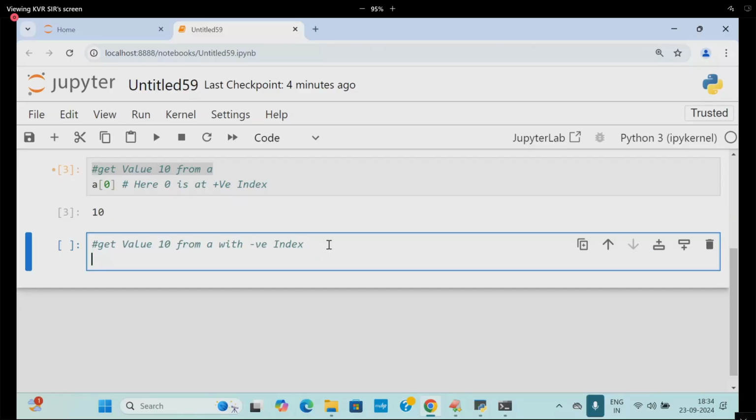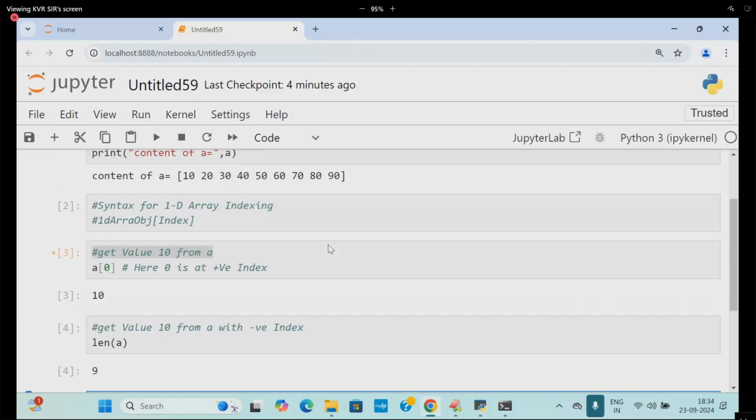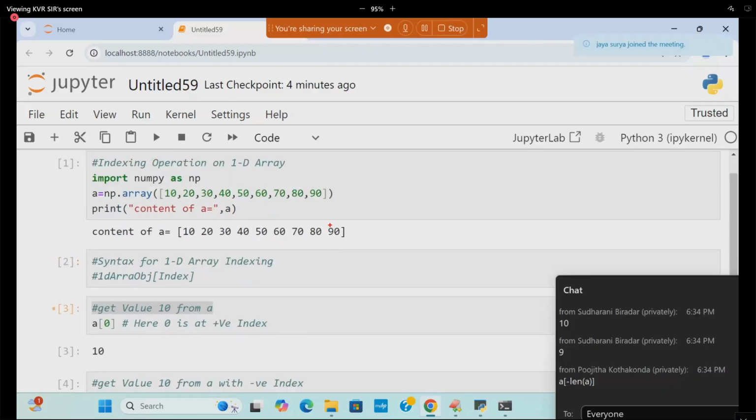What does len of a give? Check it out: 9. Definitely minus 9 is the index of 10. Minus 1, minus 2, minus 3, minus 4, minus 5, minus 6, minus 7, minus 8, minus 9. That spontaneity is important here.